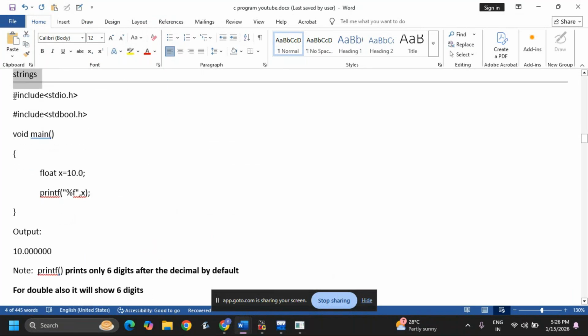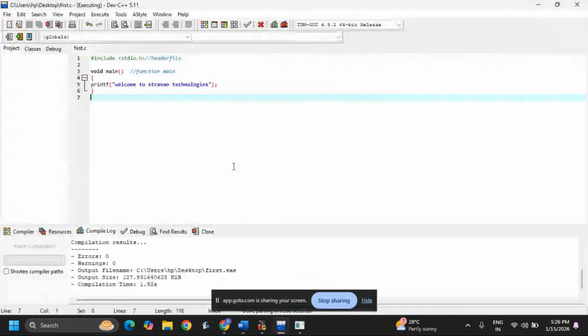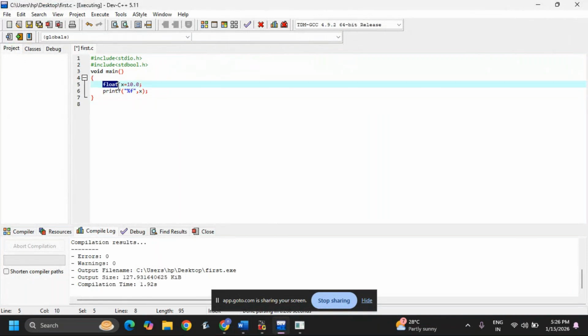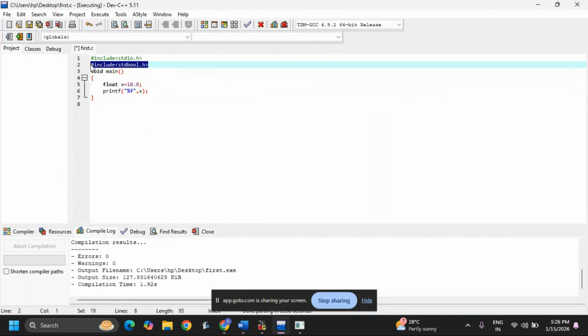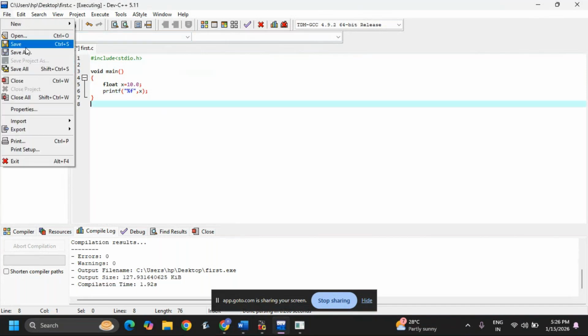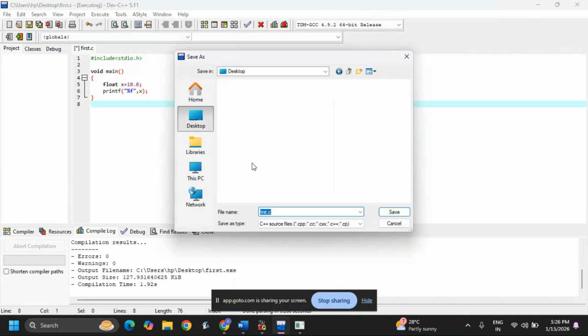See, this is for float. Now I'm directly copy pasting this instead of wasting time. Now I'm taking float x is equal to 10.0. If you want to use float, only one header file is required. See, percentage f for float. Now I'm saving this into